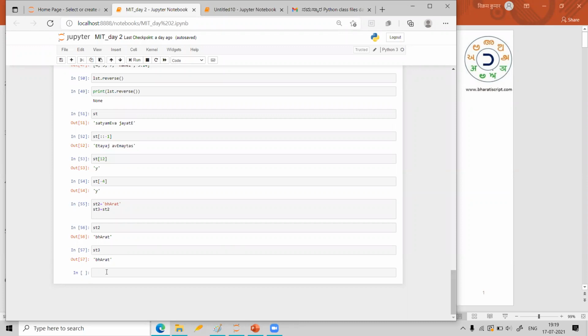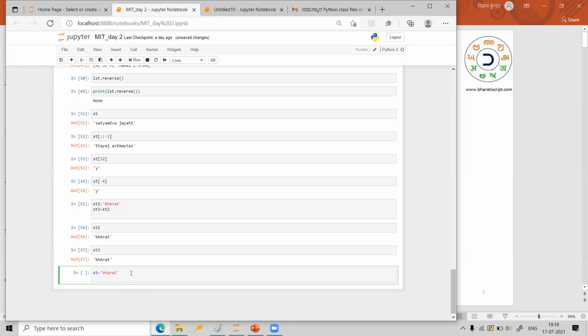I will continue here itself in the same sheet. But for clarity, let me redefine some of the things. Let me say st, I am declaring newly, st is equal to Bharat. Yesterday I was writing Bharat, but now I am writing Bharat. st is equal to Bharat.